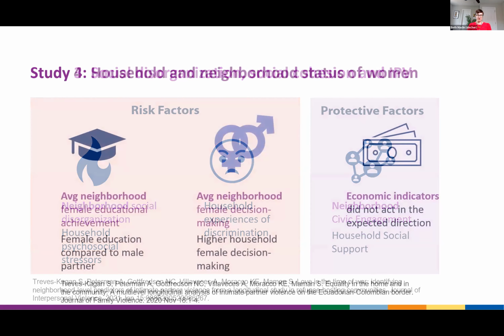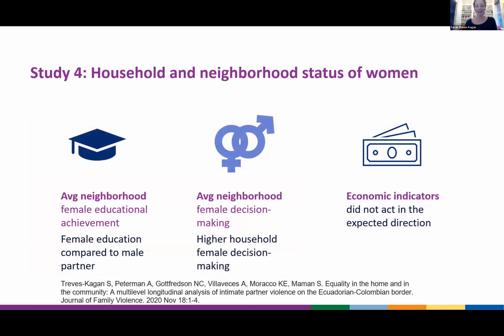Our next study used the data to test this traditional feminist theory around the status of women in a household and in a neighborhood to see if that influenced risk of IPV. And in fact, we did find that